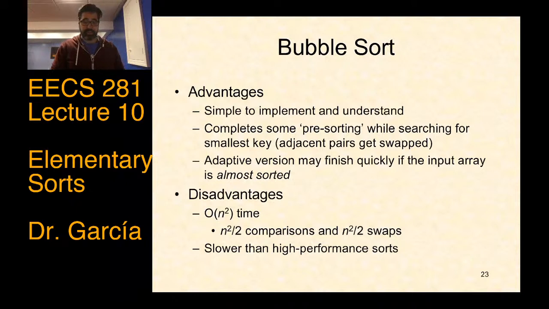Both comparisons and swaps, it's an n squared algorithm, and it actually performs quite poorly experimentally, especially as compared to other elementary sorting algorithms like insertion sort and selection sort, which are also n squared, but in practice are much faster than bubble sort. Okay, they're obviously not faster than, say, quicksort, which is n log n, but bubble sort is pretty bad